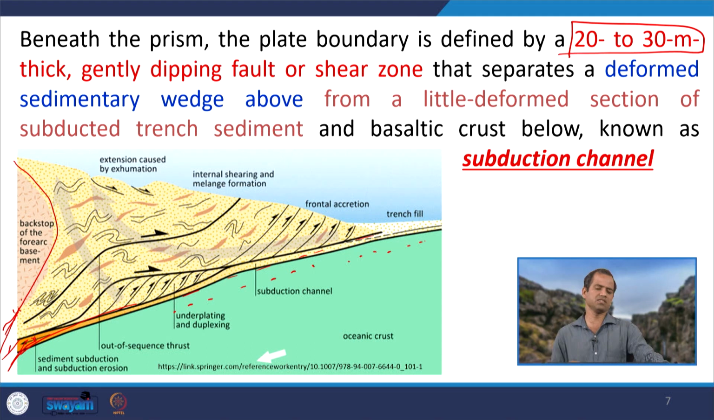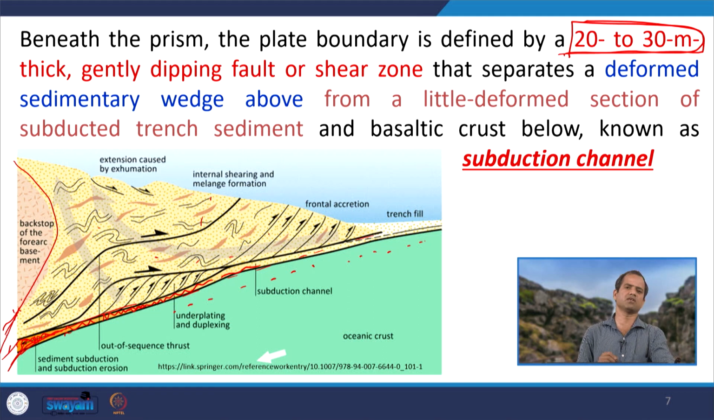It is not very easy for this plate to go down, so it is a high stress environment. The material which is crossed here makes this a zone of crossing, a zone of shearing, a zone of faulting. This zone of crossing and faulting is about 20 to 30 meters thick, and it separates the overlying